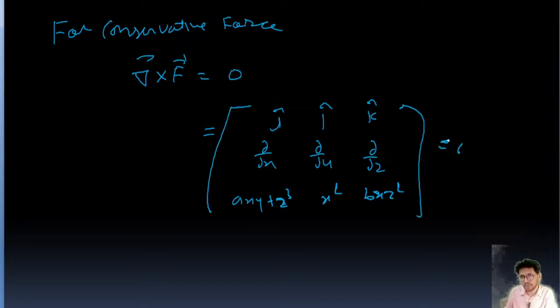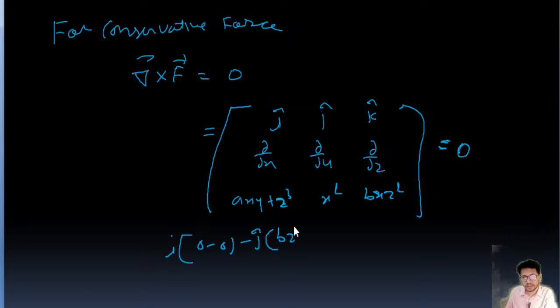This is going to be equal to 0. So we'll find out. This is going to be I cap 0 minus 0. This cancels, this cancels, because these are constant with respect to y and z. Okay, next, minus j cap